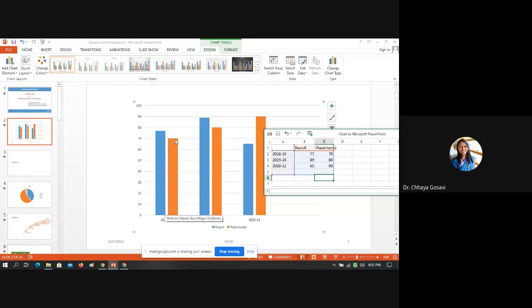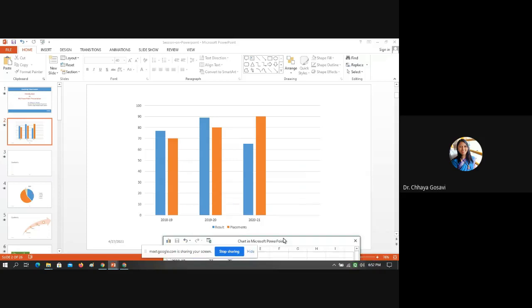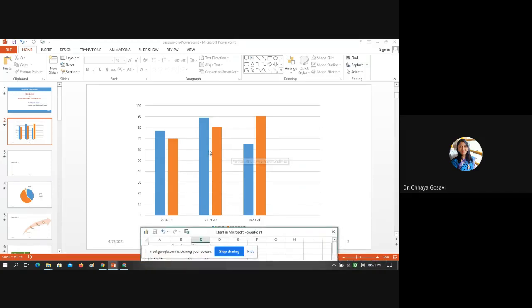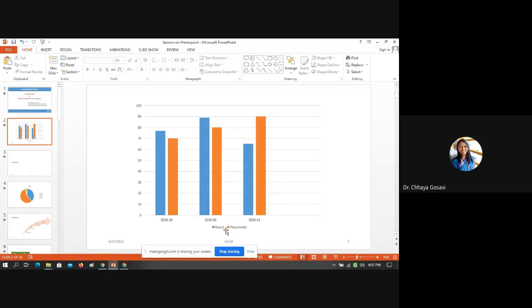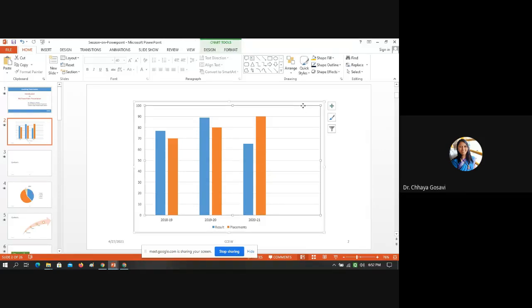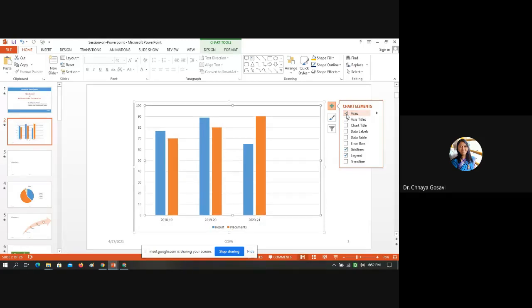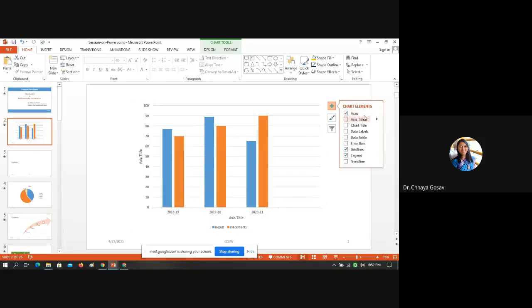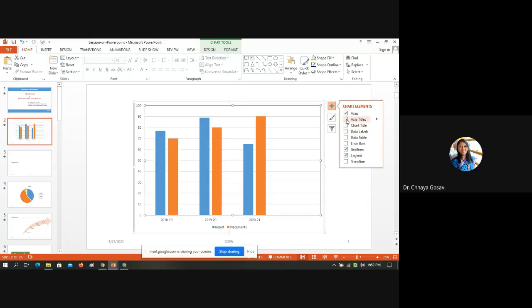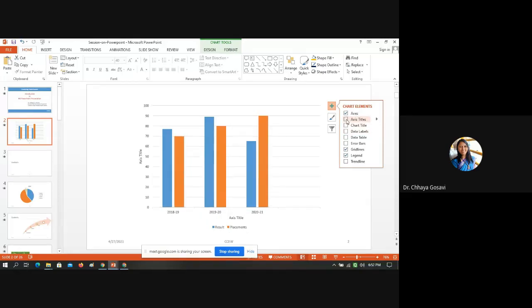Now you want some labels attached here. So the data is ready with you, and you want it to get displayed. Now the data is there, and you want to format this graph. So this is result and placement. Click on the graph. Here the plus button is there. So you can add chart elements. You can show the axis or remove the axis. I want this axis. Then you can give axis titles. Currently axis titles are missing. Here you can give axis titles as years and marks or something.